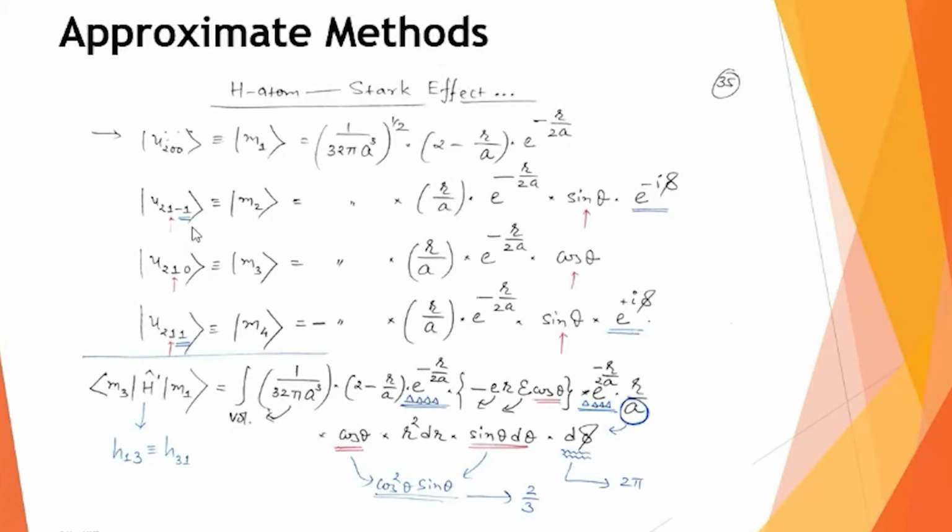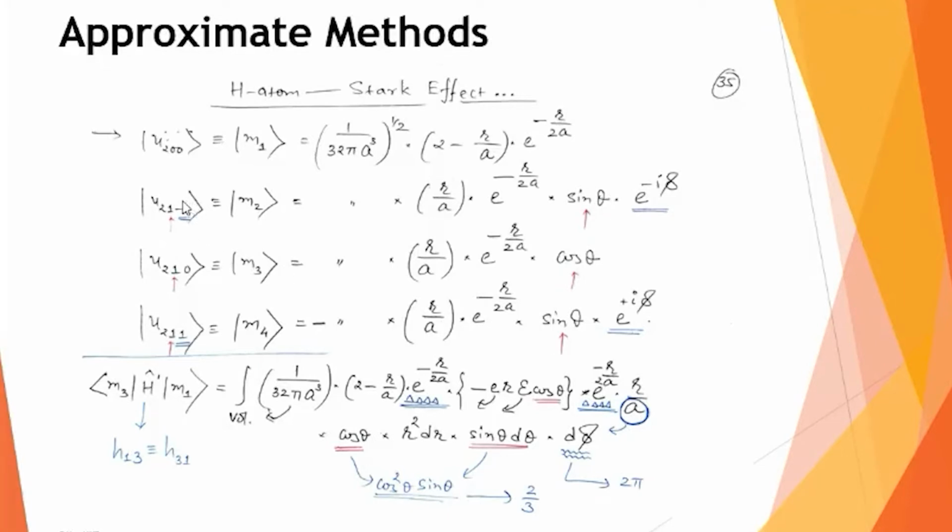There is another interesting aspect you can look at in these expressions. Whenever L is other than 0, and in the first expression L was 0, there is no theta dependency. There is nothing like cos theta or sin theta. Whenever L is non-zero, 1, 2, 3 and so on, you always come across theta dependency. You can see in the second equation there is sine theta, in the third expression there is a cos theta, and in the fourth there is a sine theta. So whenever L is not 0, you always have a trigonometric function.